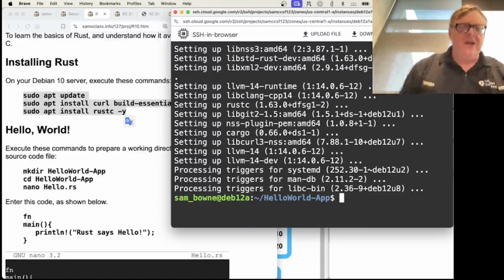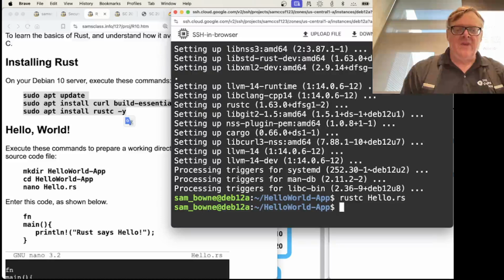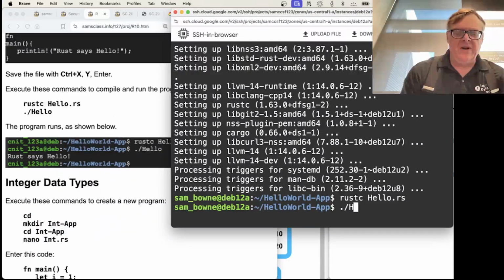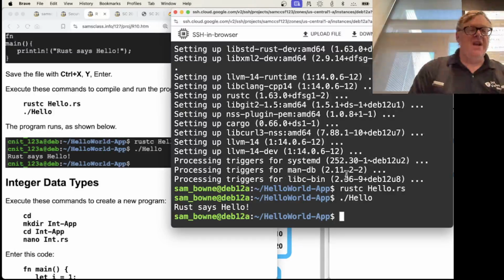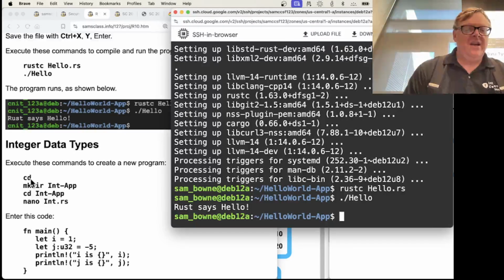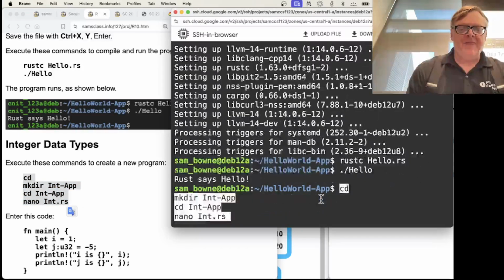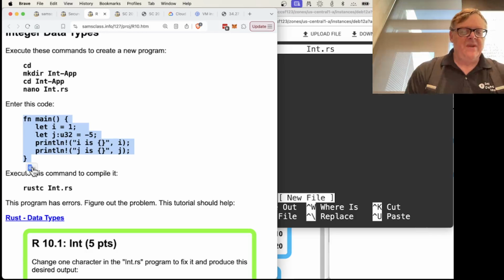All right, good. All right, now I should be able to compile this thing. All right, and then I can run it with ./hello. And it just says hello world, so I have Rust and it's working. All right, now we can make an insecure app with one of the simple flaws. Okay, so here's,